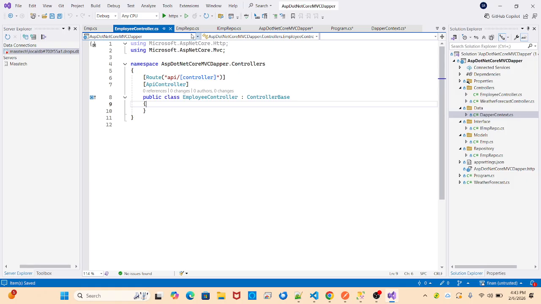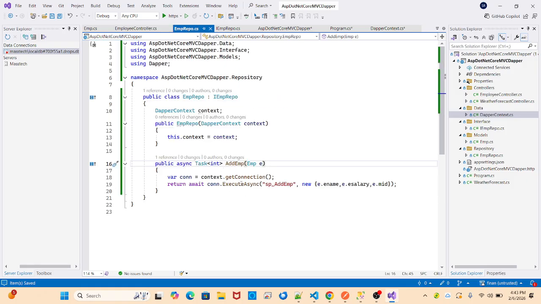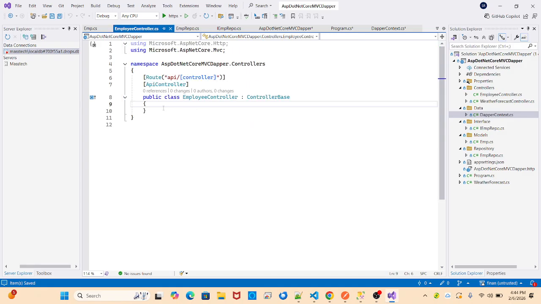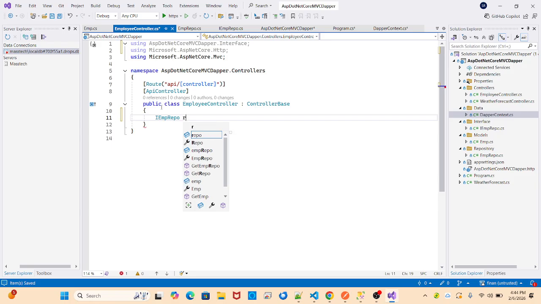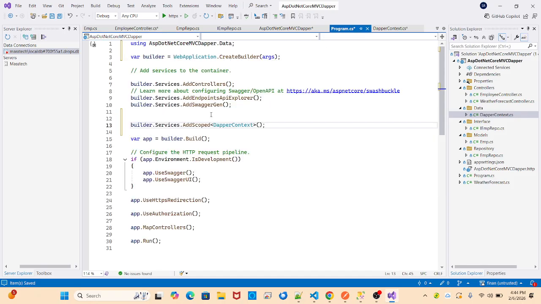In the controller, tell me. Any confusion here? Execute async, your procedure name and just pass your parameter. If the parameters are not matching, no need to pass these things, you can directly pass the object, just pass E only, it will work, it will match your parameter with your query and it will give you a result. In the controller, what do I have to take? IEmpRepo here. Again need to register the service in Program.cs, builder dot